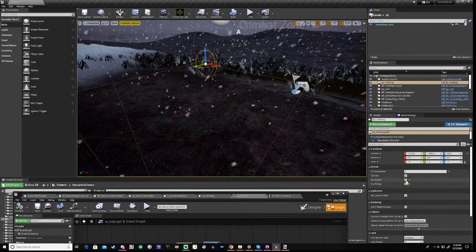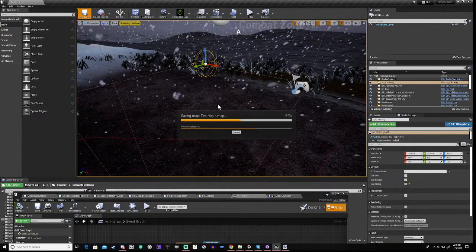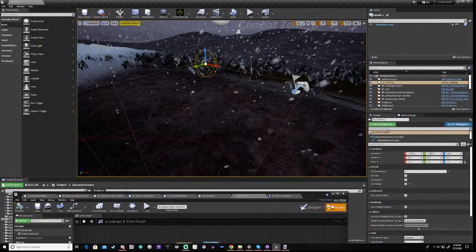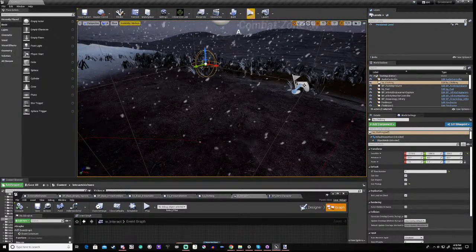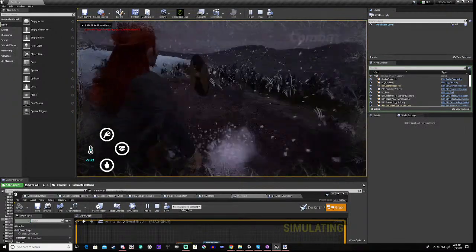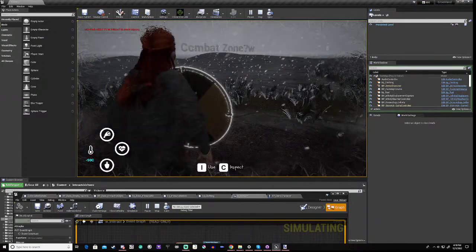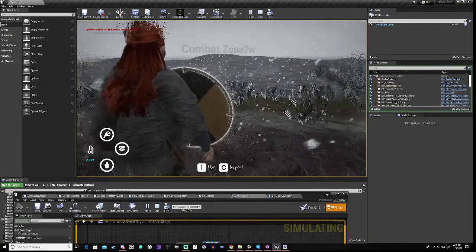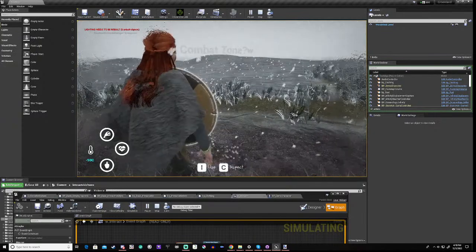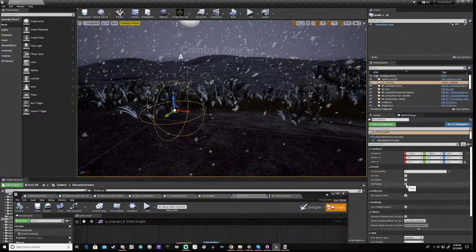Now we can press inspect. And we can see that we've got the two. Right, and finally